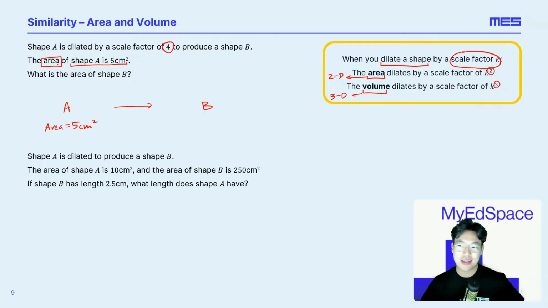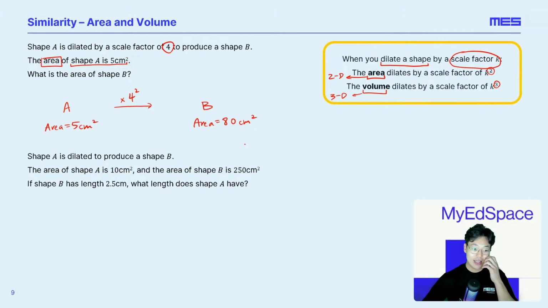I'll give you a little bit of time to think about this. I gave you a little hint in this yellow box as well. Whenever we have a scale factor and we're working with areas, great, Maddie. 4 squared? Yeah, right? Our scale factor is 4, k is 4, and since area is 2-dimensional, we can square that scale factor and multiply, right? Great. Yeah, 16. So 5 times 16 is 80 centimeters squared. And it's really that simple, right?